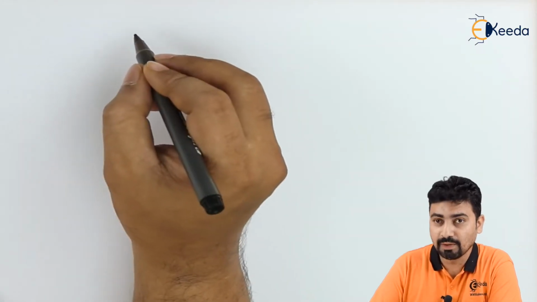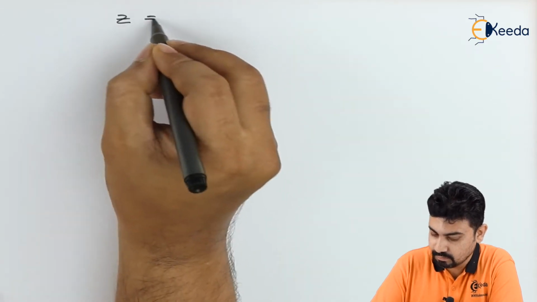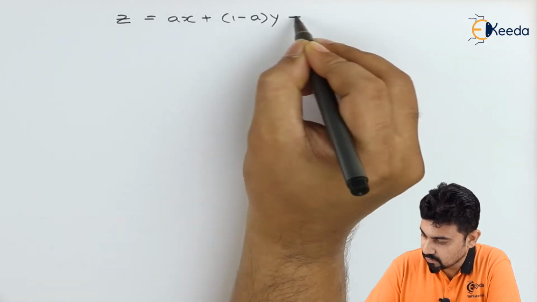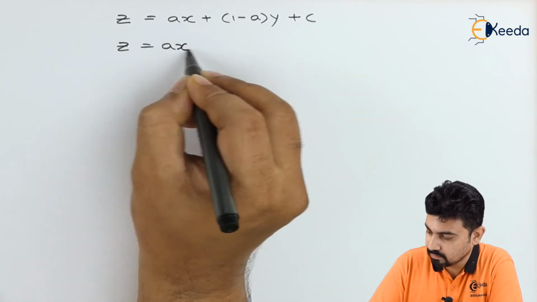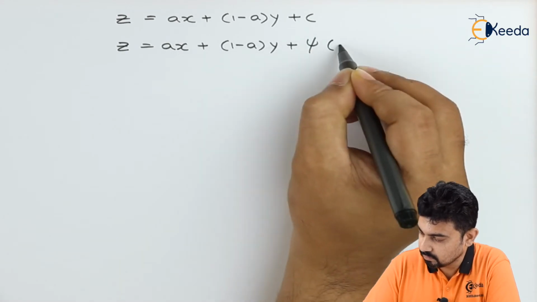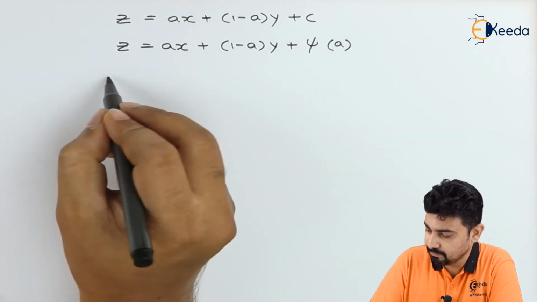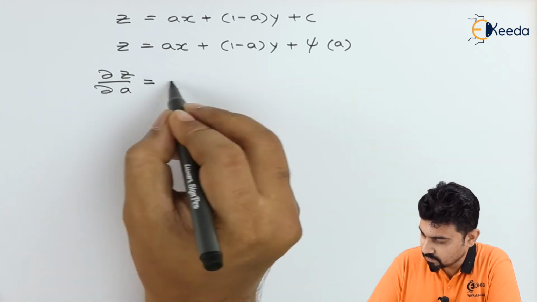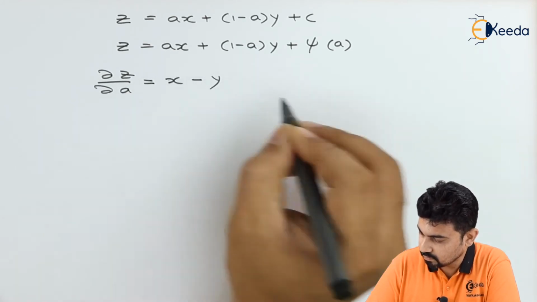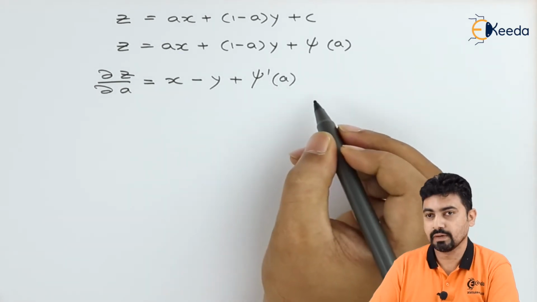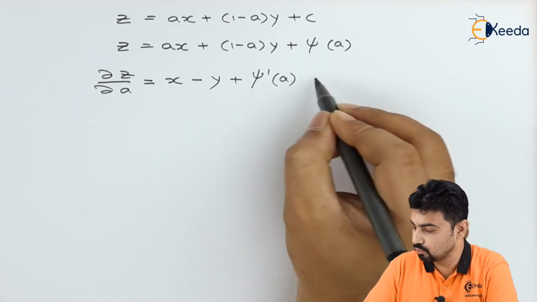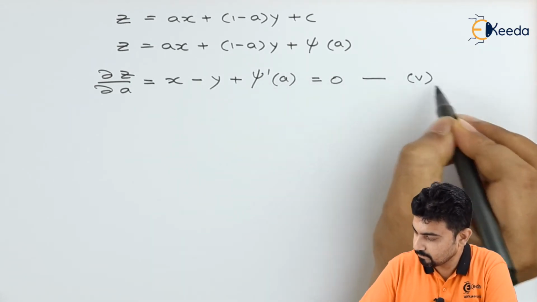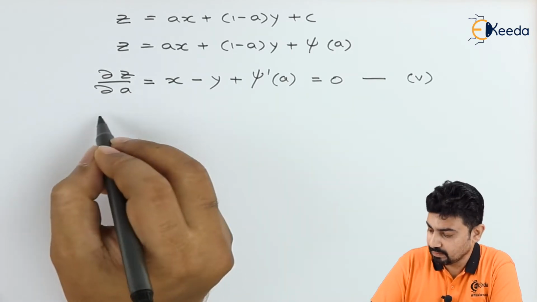now let us find del z by del a. Our equation number 3 was, therefore we substituted c and we got, therefore del z by del a will be, correct, derivative of psi a, which will be equal to 0. Now we get the another part,